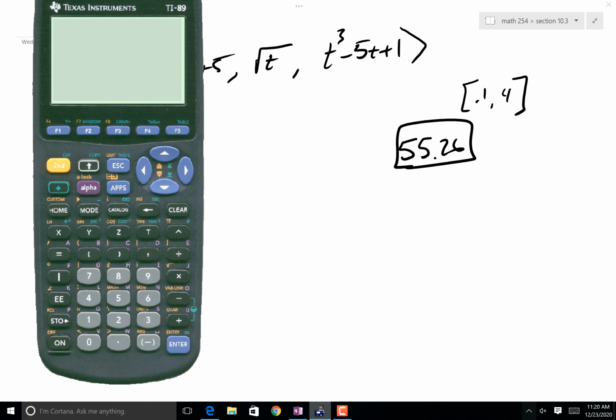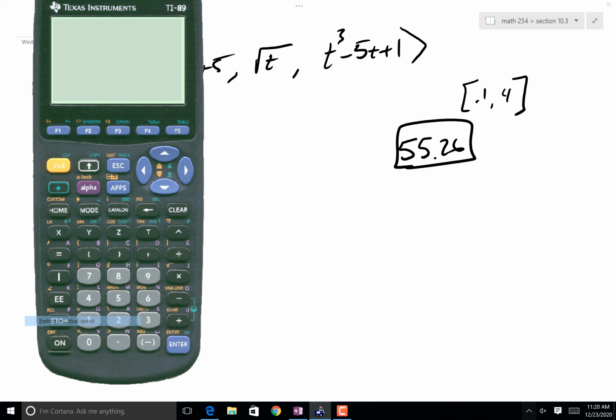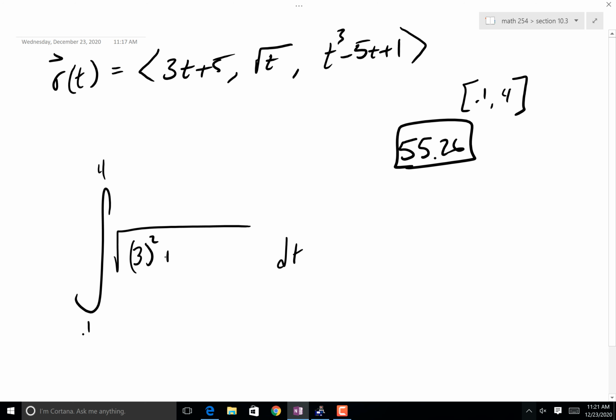Okay? Notice how it already shut off? That's because when you unrestrict it, it basically thinks that the timer is timed out and it shuts off a lot quicker. Okay? Now, again, that is something I need you to be able to see, though. I need to be able to see the actual work. So you're going from 0.1 to 4 dt, and then, of course, it is the square root of, and that's going to be 3 squared plus